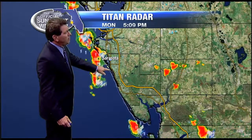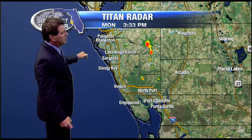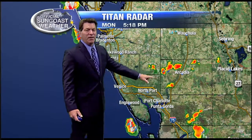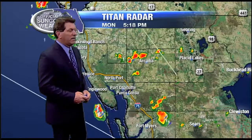In fact, look at this. It moved through downtown Sarasota, Siesta Key, and now really starting to fire up in the eastern Gulf of Mexico. Those will continue to push away from the coast. We'll have to watch this, though. Still a little pocket of energy moving through east and southeastern portions of Manatee County this evening, but not much